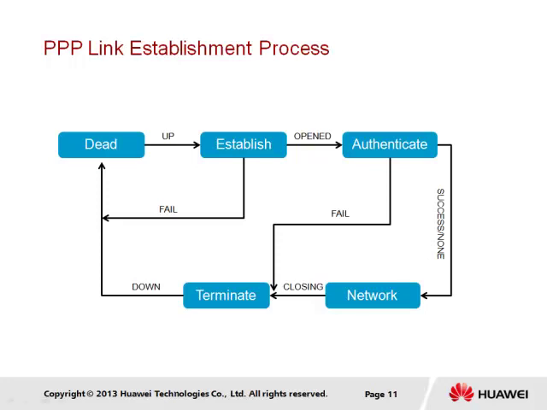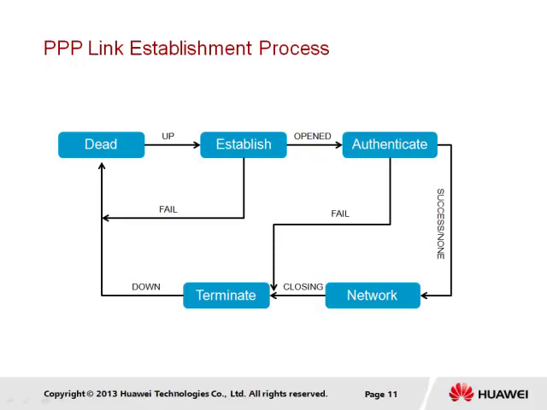If authentication has been configured for the link, this will be performed to allow a peer to authenticate itself so that the network layer protocol packets can be exchanged. Since the authentication is optional, it may be bypassed and negotiation of network layer protocols be configured as part of the network phase. This step relies on NCP for support of a particular protocol, which most commonly will be for either IP or the newer IPv6 protocol.